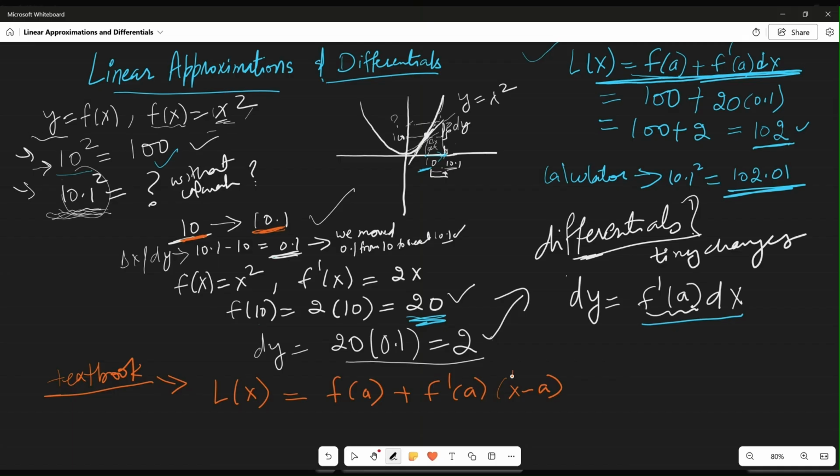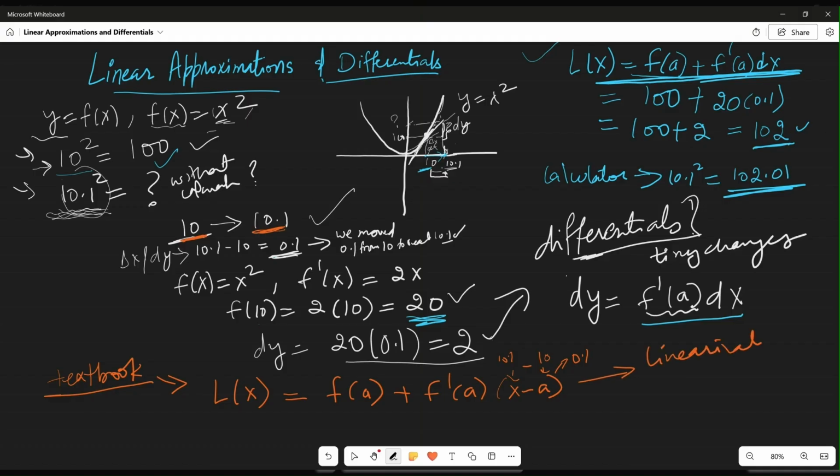So x would be 10.1, the new value we are trying to reach, and a is the value we already know, 10. So this would give you 0.1, and we call this